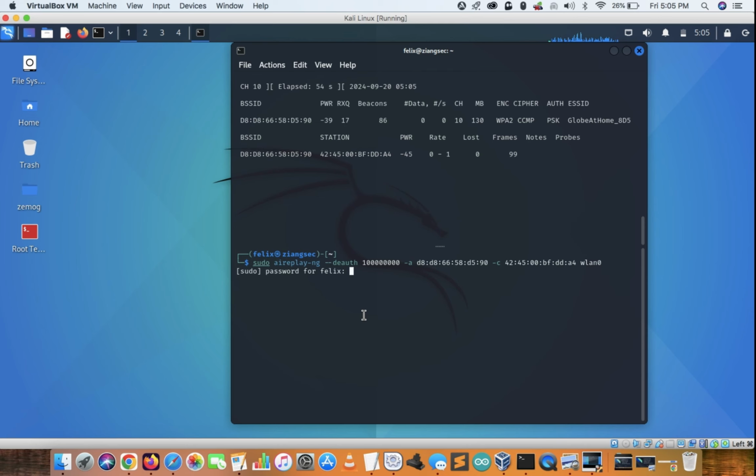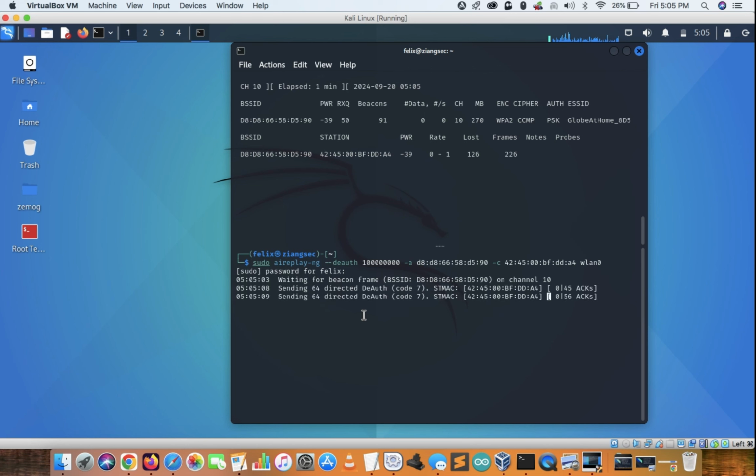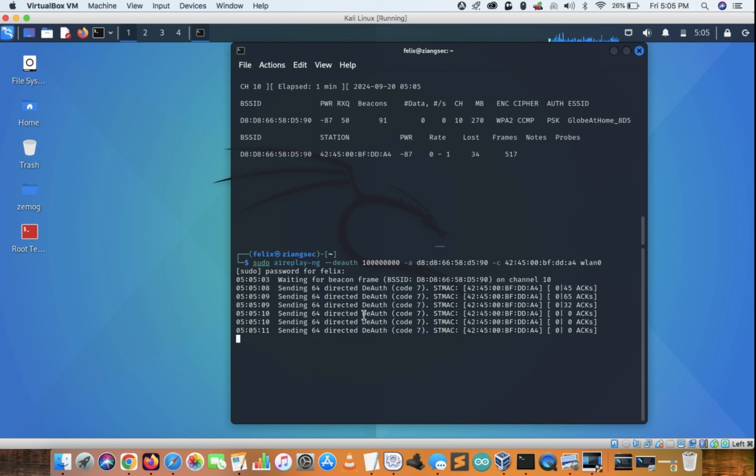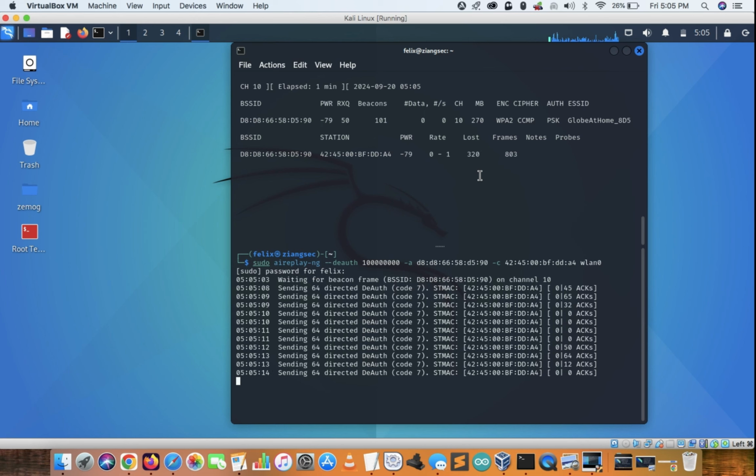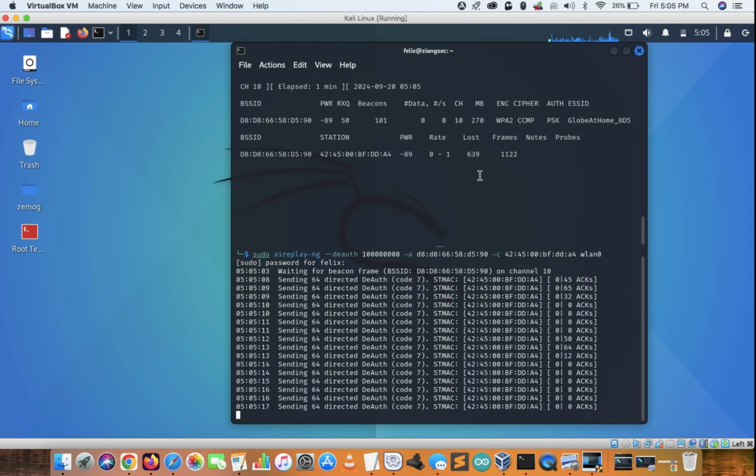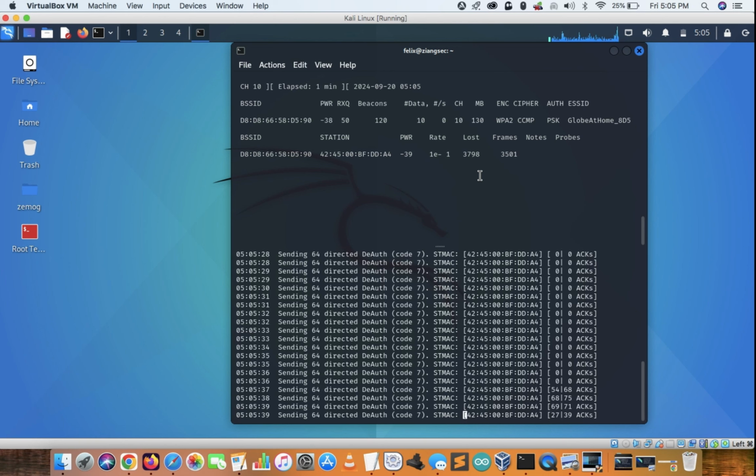So when we do this, Aireplay will give the deauthentication command, and you cannot see it here, but the AP connection on my cell phone is being disconnected and then reconnected again. Now during this process of connecting and reconnecting, Airodump will sometimes be able to capture the handshake.